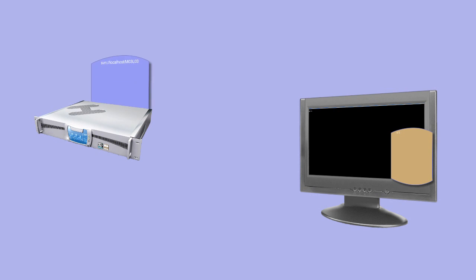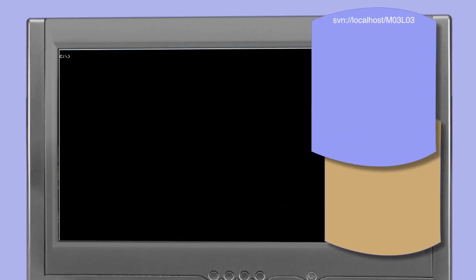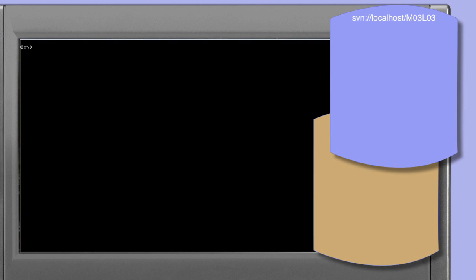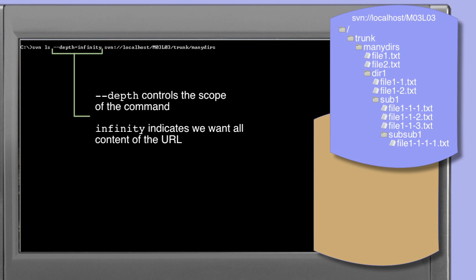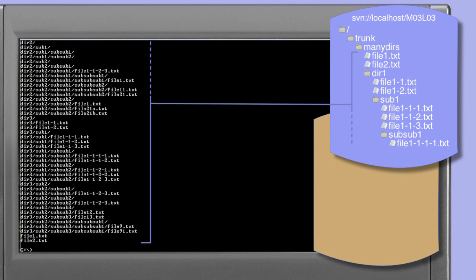In this session, we're going to look at the various techniques for checking out just parts of the repository. First of all, let's take a look at the contents of the trunk many-ders directory. Here, we're going to use the ls command that we encountered earlier with a depth of infinity to ensure that we list all of the contents recursively down through the directory structure. The output of the command shows quite clearly that there are a lot of directories, subdirectories, and plenty of folders